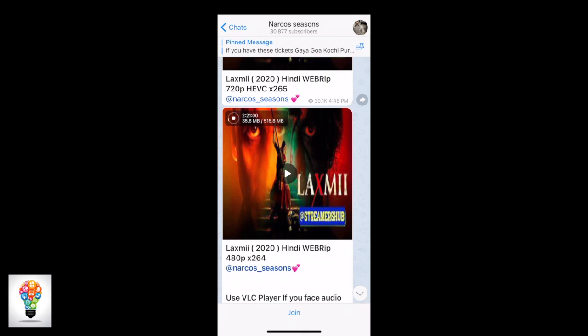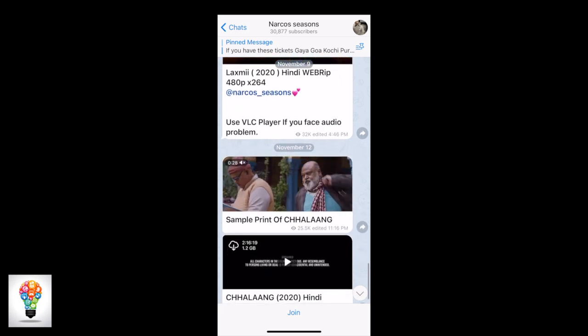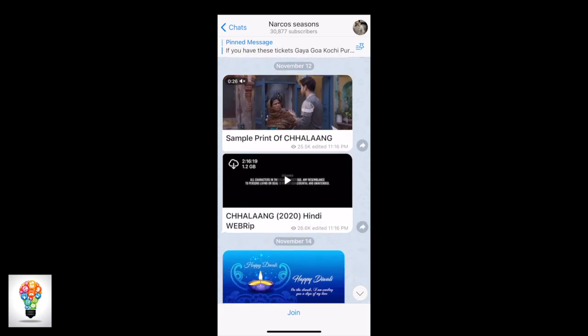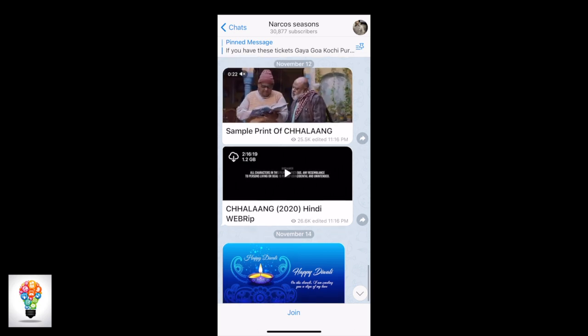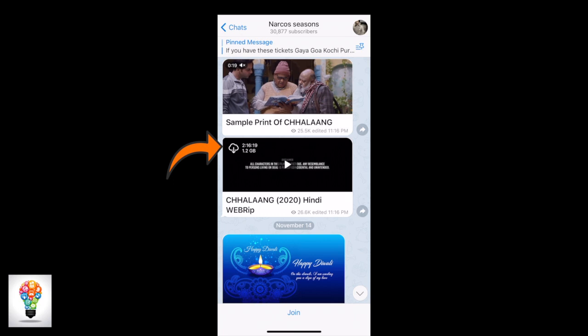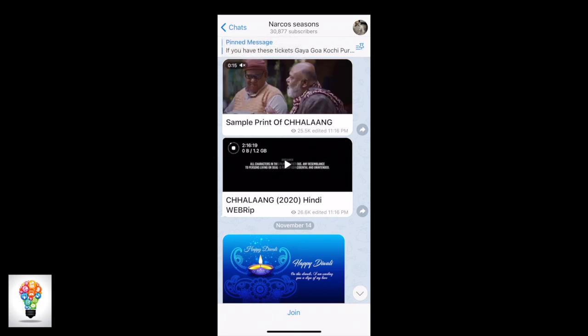When it is downloaded, this button will be changed. You can find these files downloaded in your My Files folder. So it's very easy. You just have to search. For example, see, this Chhalang movie is available here for 1.2 GB. You can just start downloading here, and it will be downloaded. The moment it is downloaded, this circle which is revolving will stop, and you will be notified that this